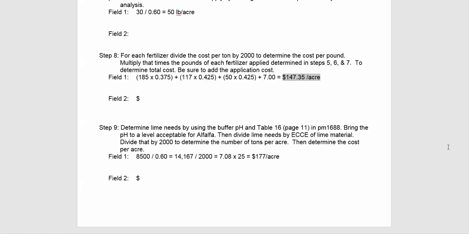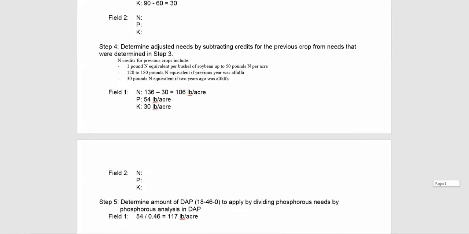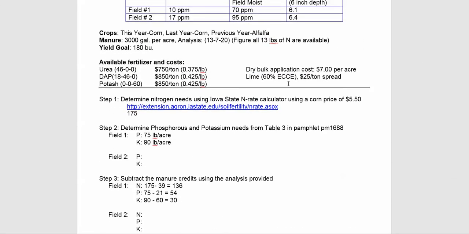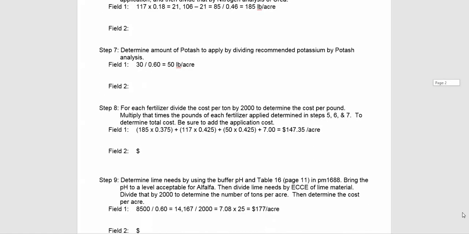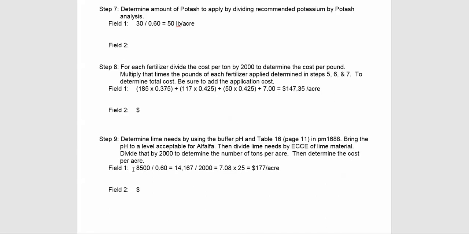But this lime we're digging out of that gravel pit is not 100% effective. There's lots of reasons it's not perfect, okay? It's 60% effective. That's what the ECCE number is. We come down there. 8,500 divided by that 60% effective means I need 14,000 pounds of this liming material. You buy lime by the ton or by 2,000 pounds, so I need 7.08 tons times $25 per acre applied. There's my $177. That is my fertilizer worksheet. Do that all for field number